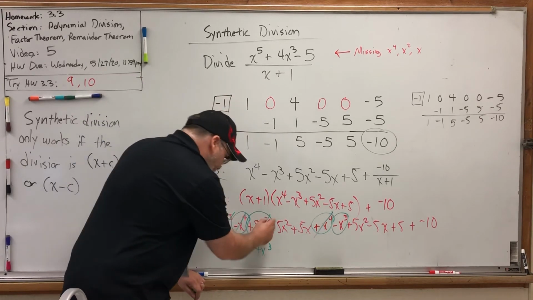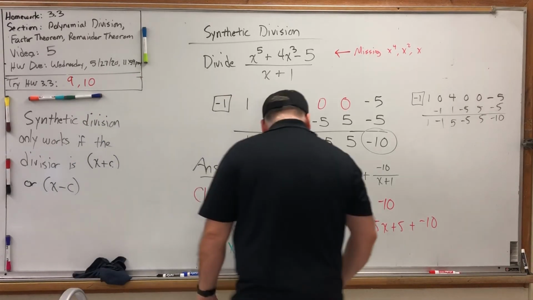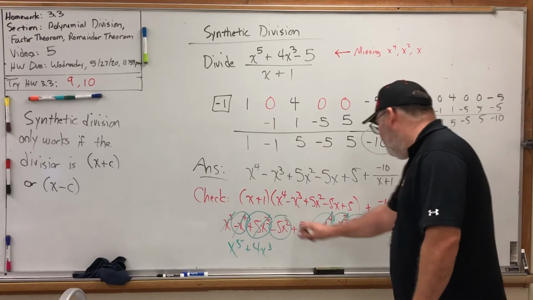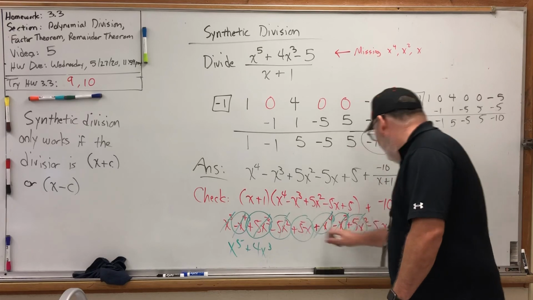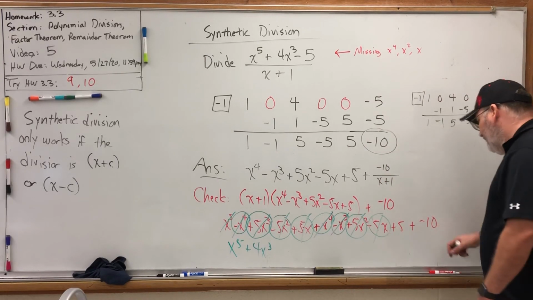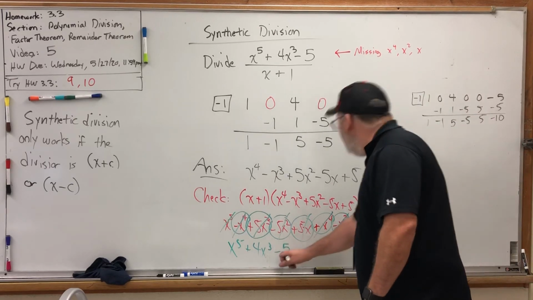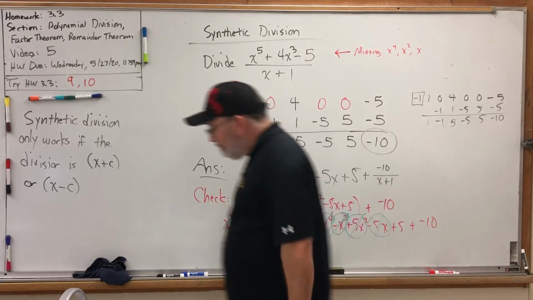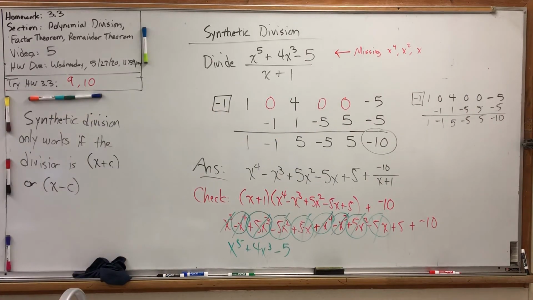Correct. Now I'm expecting more canceling. Negative 5x squared and positive 5x squared cancel. Positive 5x and negative 5x cancel. And then positive 5 and negative 10 is negative 5. And we got the original dividend back. Hooray! By the way, the whole checking thing is something that we're about